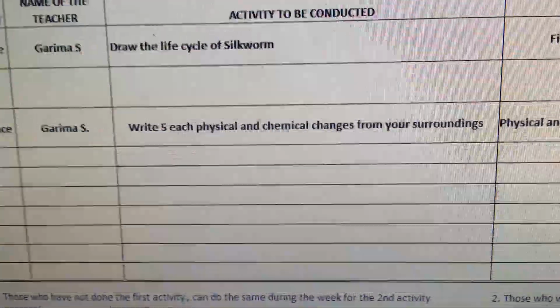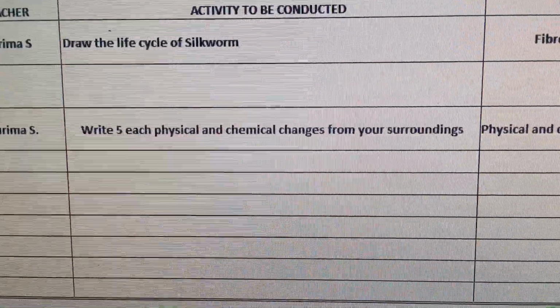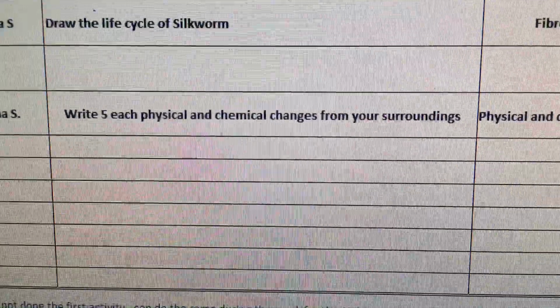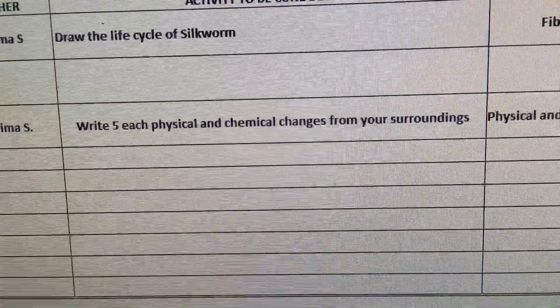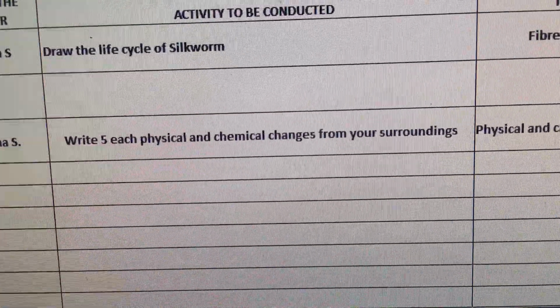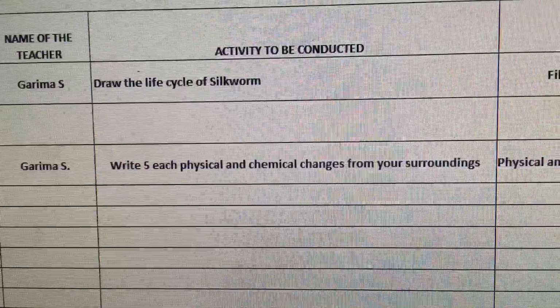What you have to do is, we discussed also a few in the class, you will write the change, like first of all you will write the first five physical changes, then you will write five chemical changes, and you will also draw or find cuttings in the newspaper or the old magazines and paste them, okay?